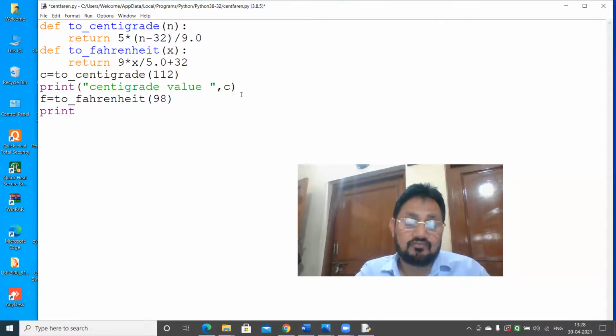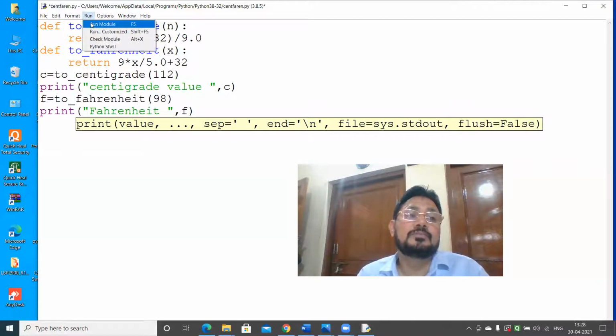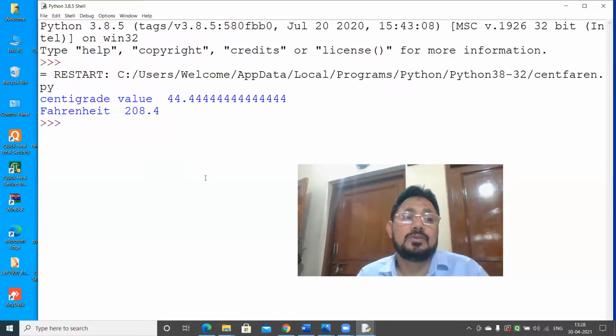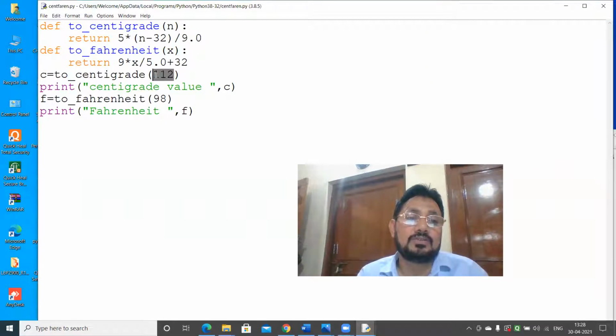Print the result in Fahrenheit, that is F. You run this program and see the effect. 208. Understood? That is the meaning. If I give here 208, it should come 98.